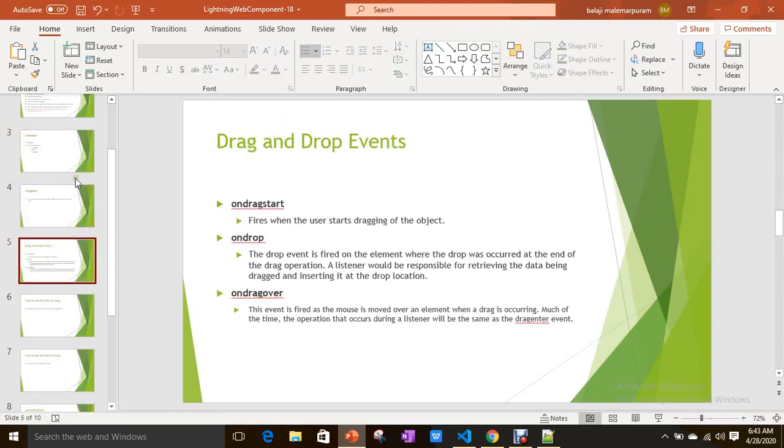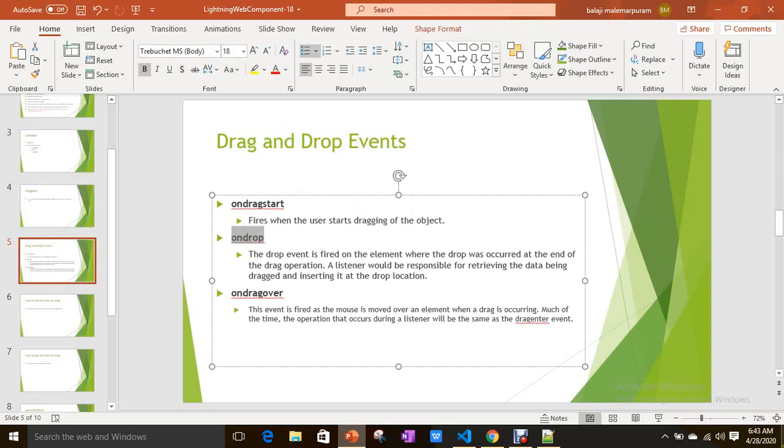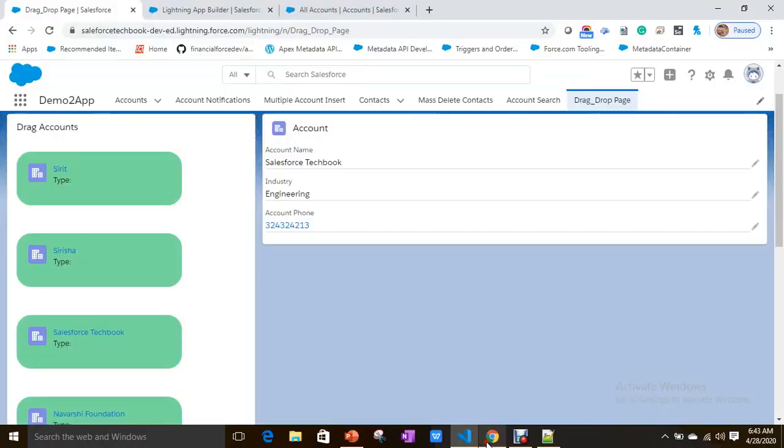After that, on drop is going to fire on the drop location when you drop an element, and on drag over is going to fire when you are doing mouse over on the drop location. There you can handle the actions whatever you want. This is how you can work with drag and drop.